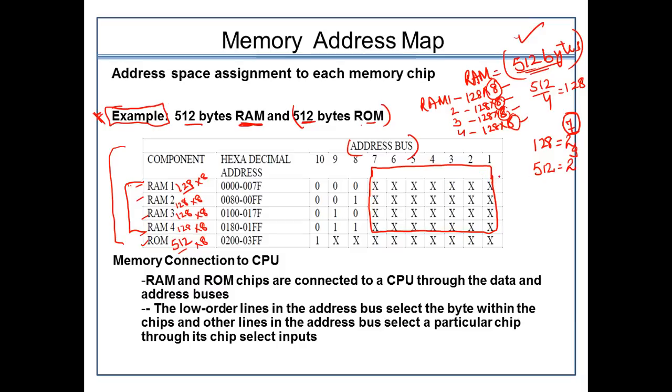So a 7-bit address is required in order to depict that it is part of the RAM, and a 9-bit address is required in order to depict that it is part of the ROM. The address is allocated to the ROM, so it requires a 9-bit address. So that is the simplest meaning of the term.